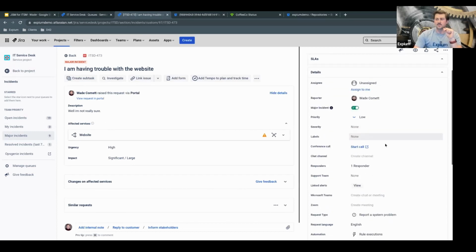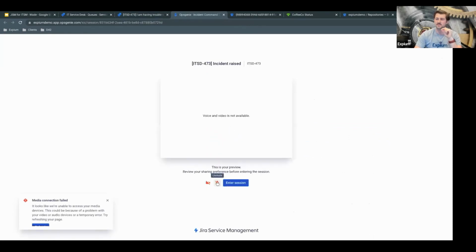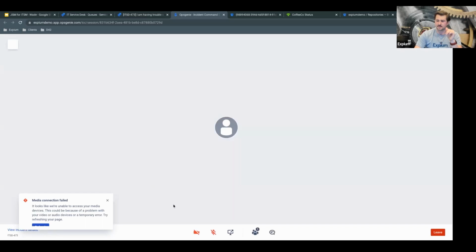Moving on down the line, we have this new conference call feature. Essentially what this is going to do is it's linked to Opsgenie's conference bridge. So if I were to click start a call, it's going to open a conference bridge over in Opsgenie, which is going to persist for the life of the incident, and it will be joinable by anyone that has access to this ticket. So when they enter this session,